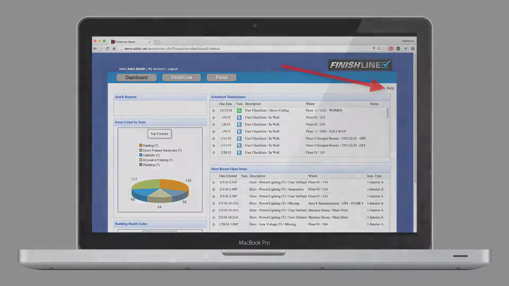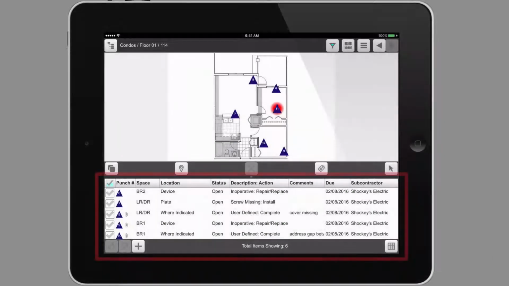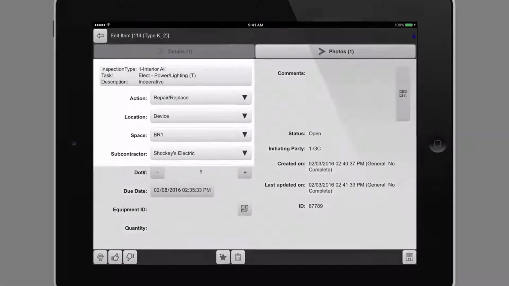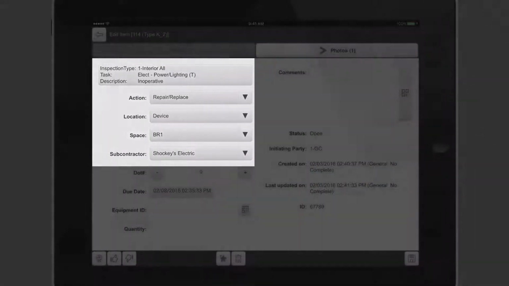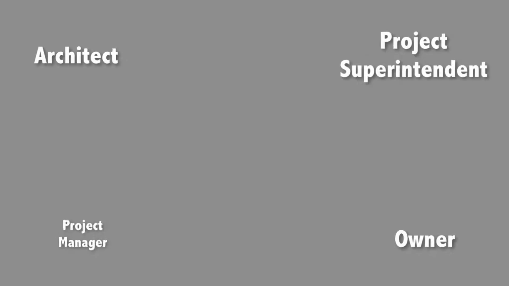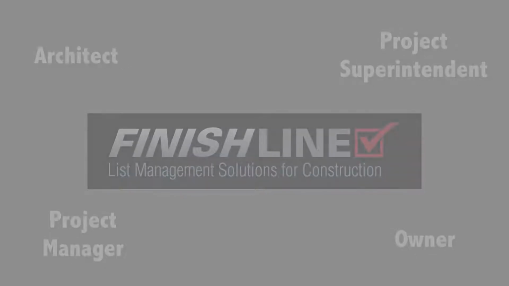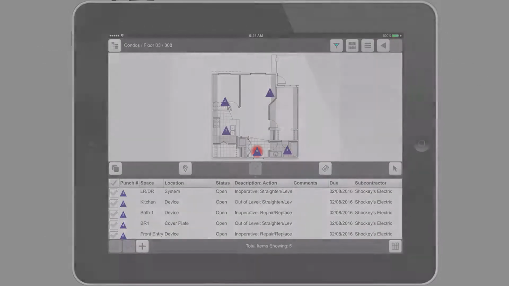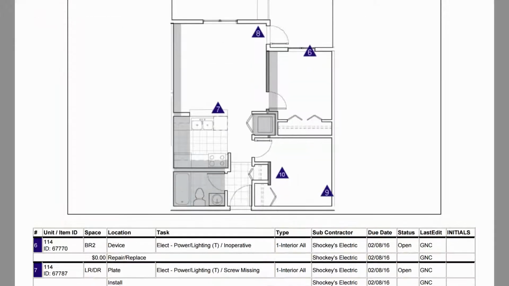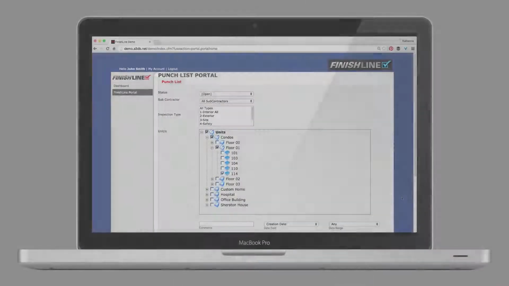As a subcontractor, you'll be seeing inspection items, which are designated as your responsibility to resolve. With FinishLine, you'll be able to see what the item is and what needs to be addressed. Depending on how the owner, architect, project superintendent, or project manager decides to use FinishLine, you may interact with FinishLine in one of three ways. Regardless of which method is used, FinishLine will limit what you see to only items that are in your scope